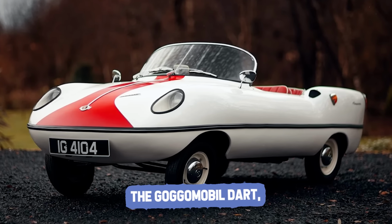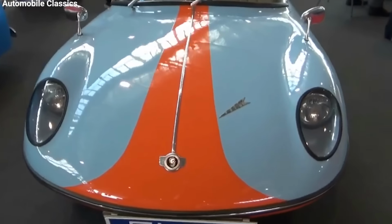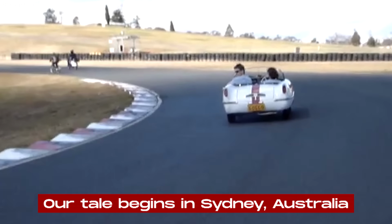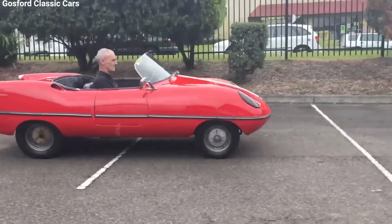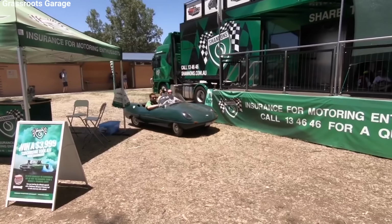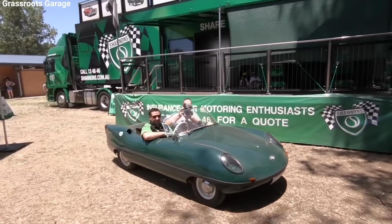The Goggomobil Dart, an unusual microcar that combined German engineering with Australian ingenuity. Our tale begins in Sydney, Australia, where a car dealer named Bill Buckle saw an opportunity. Buckle owned Buckle Motors Limited, a successful dealership, but he had bigger dreams. He wanted to create a car that would capture the hearts of Australians looking for something small, economical, and fun